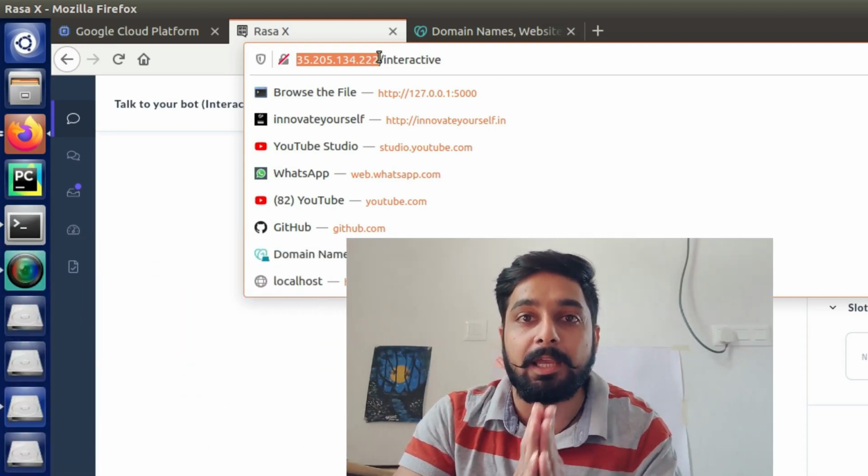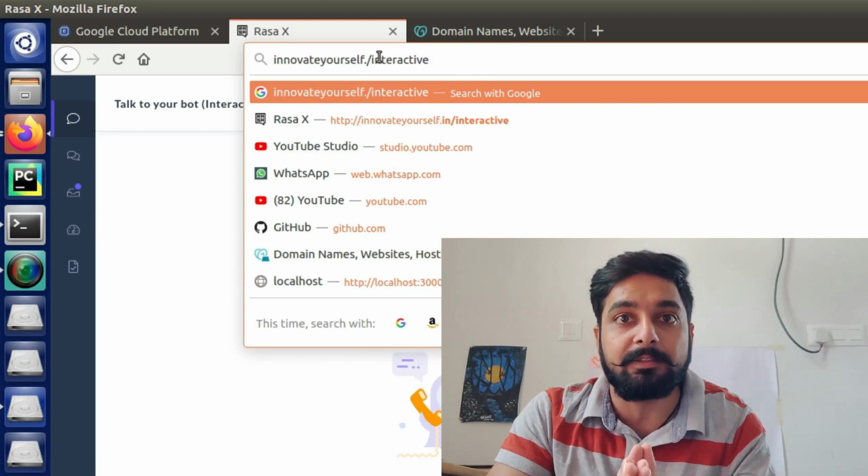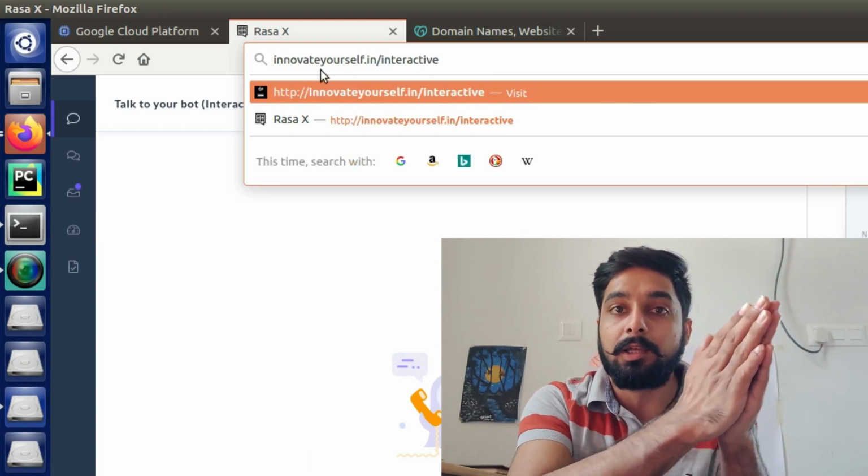Once again, I am back with another session on Rasa Chatbot, and this time I am back with the deployment of Rasa Chatbot, but this time we have an external feature, and that external feature is to call your deployed Rasa Chatbot with a domain name. Exactly, with the domain name, which means this time we will not type any IP address to open the Rasa X or to open your website. Instead, we will directly call the domain name.